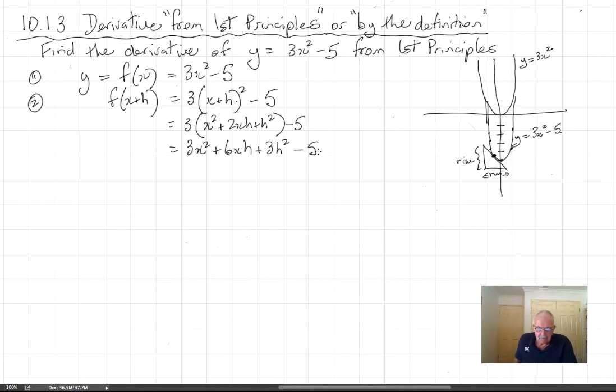So they are the first two steps done in any of these. You write down, if you're only given y up here, we interchange y and f of x, and then we've got f of x plus h. So they're the first two steps. The third step is to quote the definition. That's why it's sometimes called by the definition. First principles is the same thing. So by the definition,